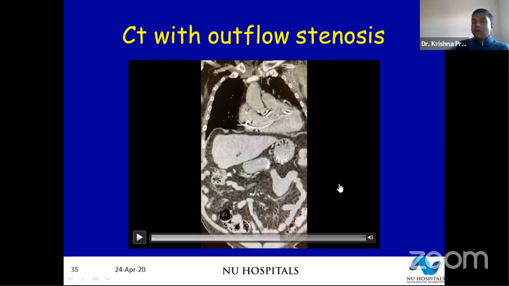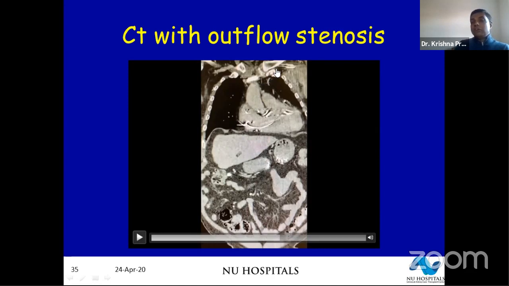He had a previously created radiocephalic, which was not giving him good flows. Somebody created a brachiocephalic for him and said, your flows are going to get better. But if you're going to have so many catheters sitting in the outflow, you're not going to be able to sustain a flow in this fistula.